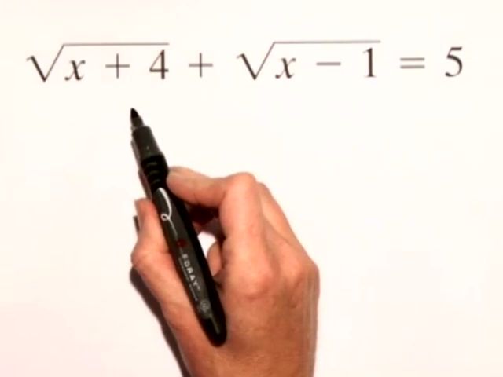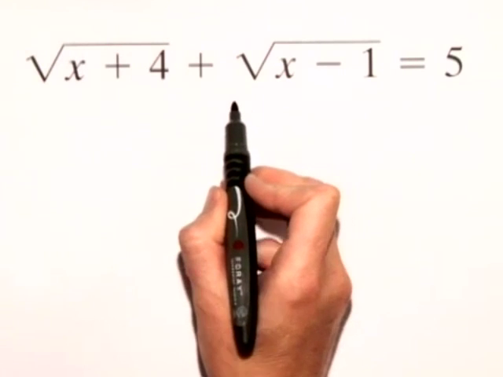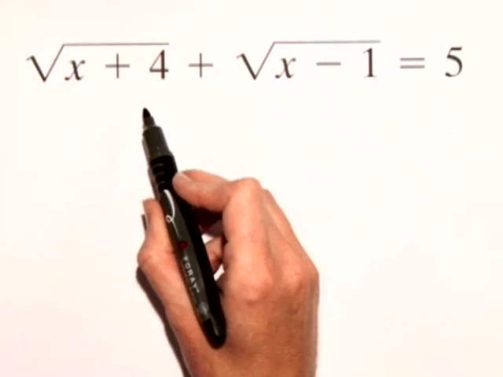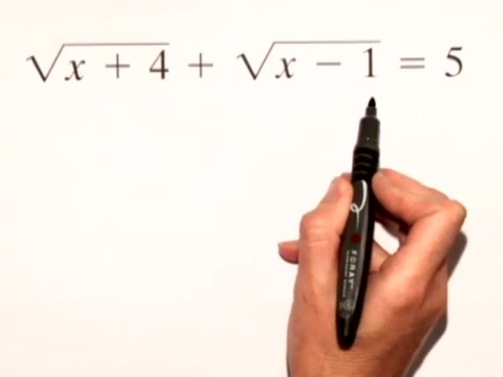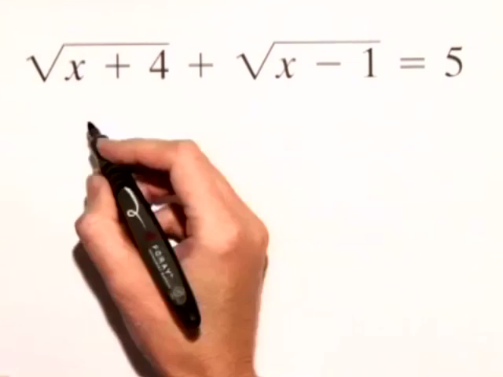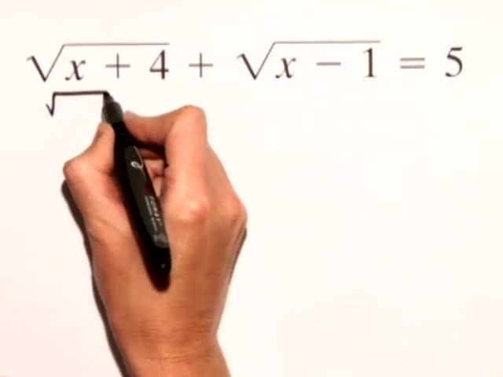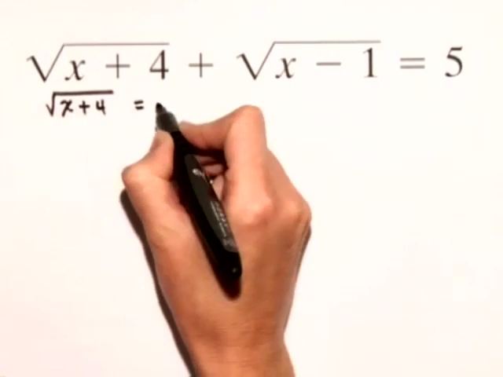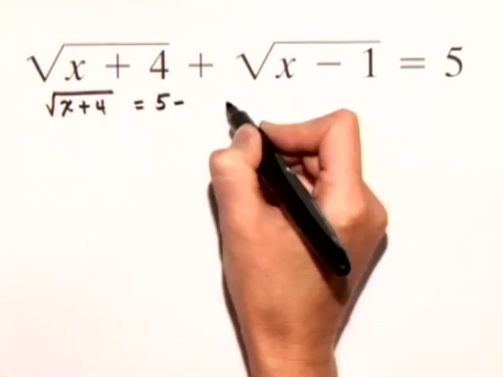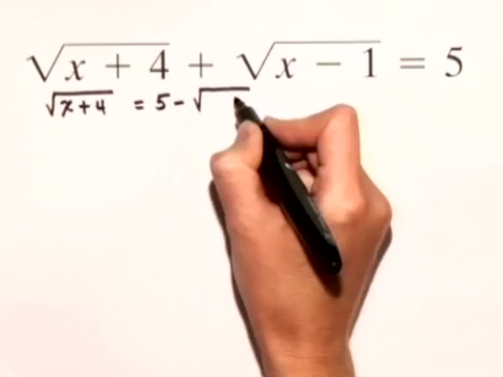For our next problem, we'll solve a radical equation. In this equation, we have two radicals, and we need to isolate one of the radicals before we start. So let's take the second radical, the square root of x minus 1, and move it to the right-hand side. And we'll get the square root of x plus 4 is equal to 5 minus the square root of x